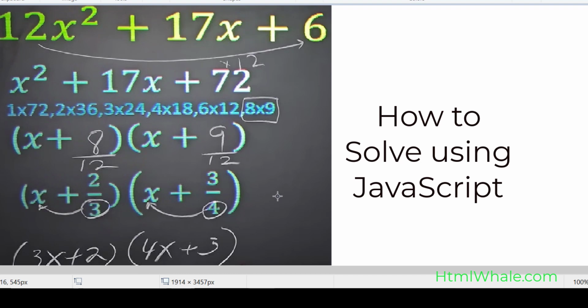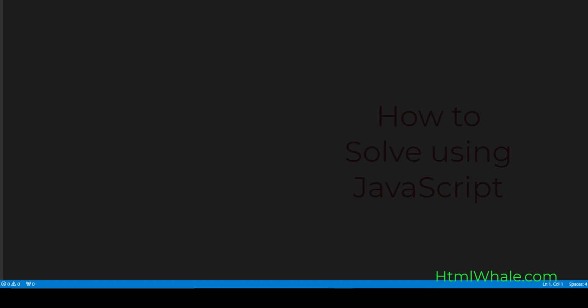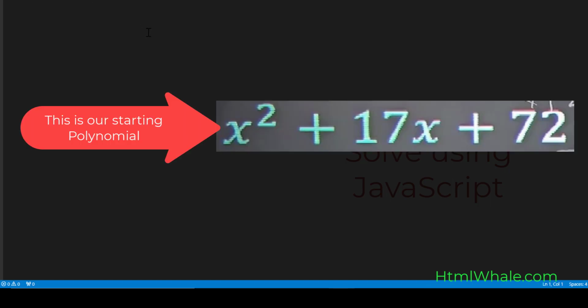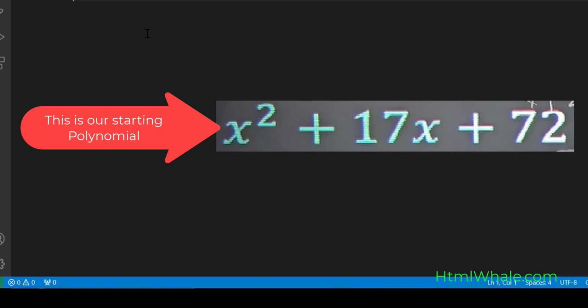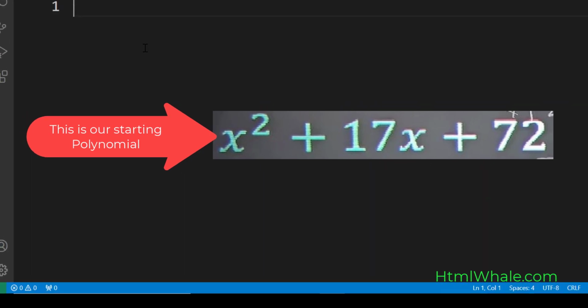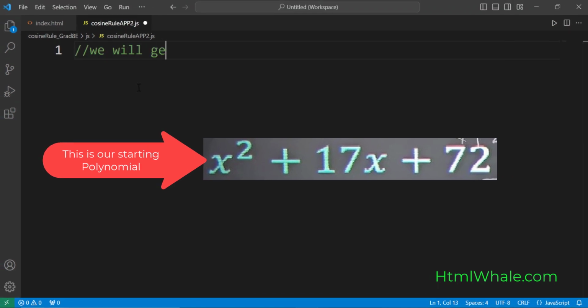So without any further ado, first I will be asking the user to enter the constant term and then the coefficient of x and the coefficient of x squared, and I will be giving a running demonstration and explanation of this entire procedure. So I've got this VS Code, and let me start off. So first what you're going to do is you will get the constant